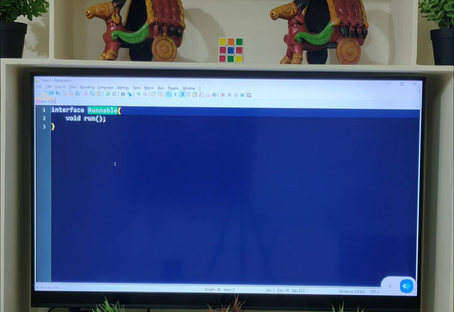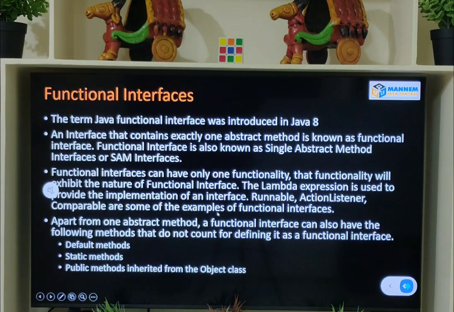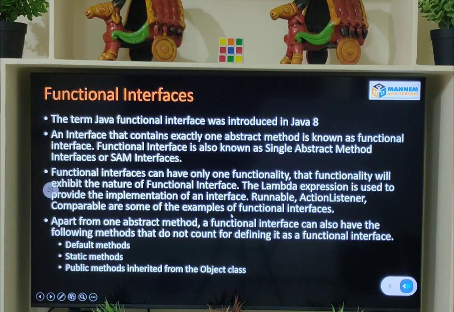This is very, very important. That's why the lambda expression's type is a functional interface. We already discussed this point at the beginning of this session. The lambda expression type is that functional interface.